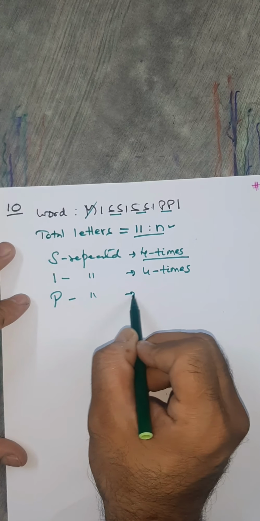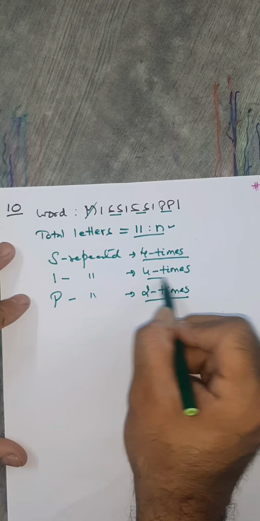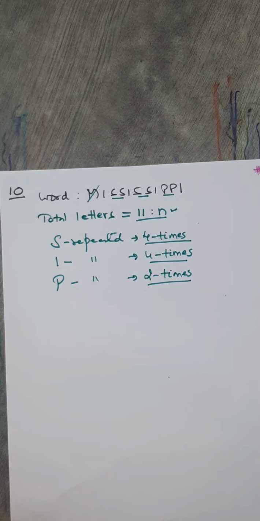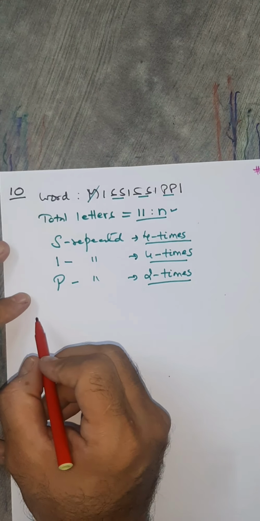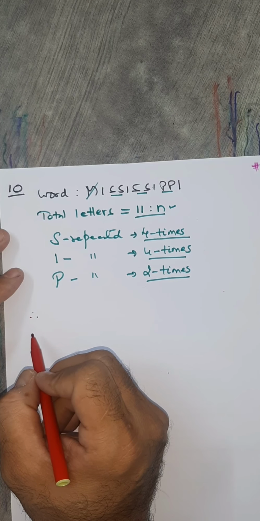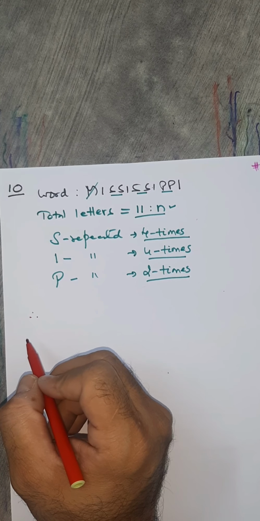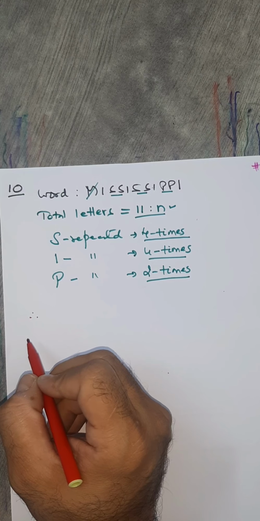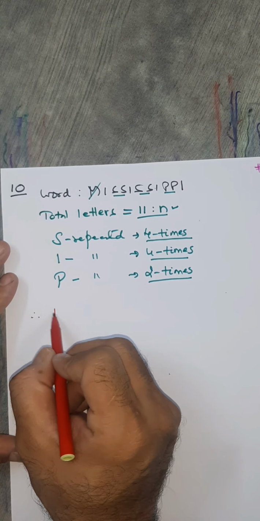P repeated how many times? 2 times. Now remaining all are distinct. बाकी सब अलग अलग है. Remaining all are different. Distinct means different. बाकी सब different है. So therefore, the question you read, that the question is something different. Sorry. उसमें लिखा है 4 I's do not come together. Okay, I'll come to that. But anyway, now so here total words